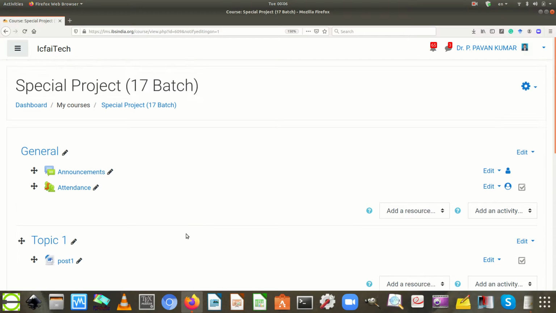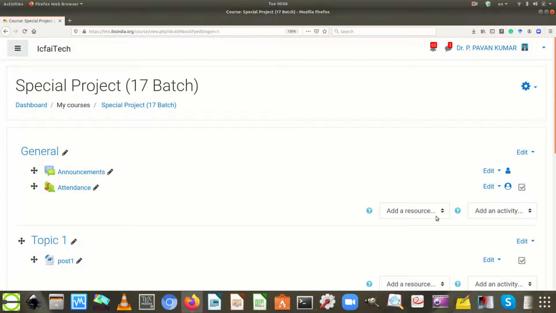The user needs to go to the particular section in which the evaluation component needs to be added. Every section contains two drop down boxes. One is add a resource, another one is add an activity.